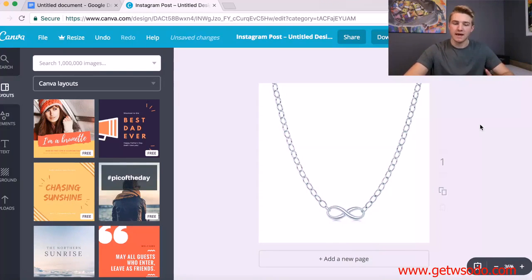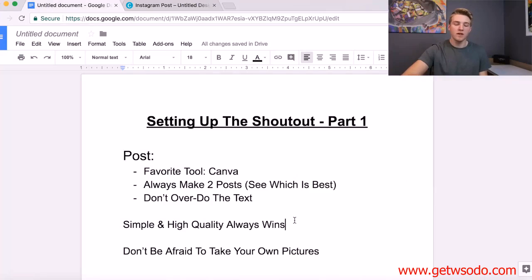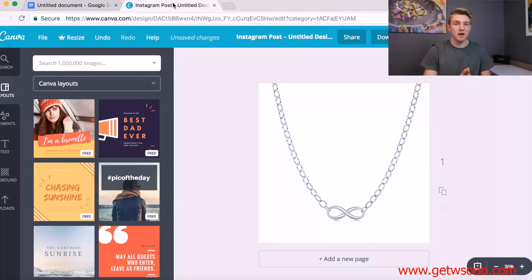because I see a lot of people going overboard. They're saying 19.95, free shipping. They're giving a whole paragraph right down here in the corner in like 0.1 font explaining what it is. That's not how you want to structure it. Simple always wins. You want a simple, high quality photo. That's always going to win the race. I can't stress enough that you just want to slowly pique their interest,